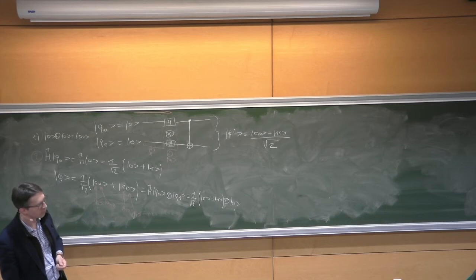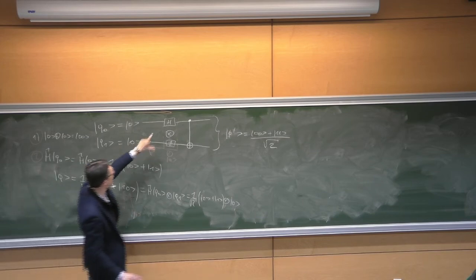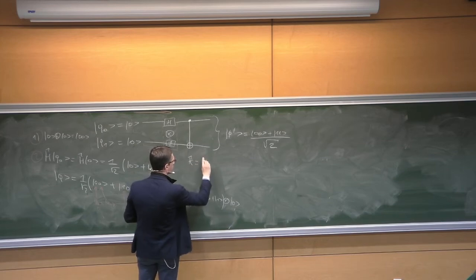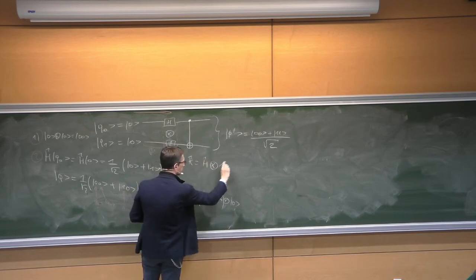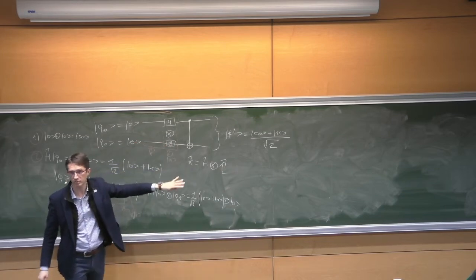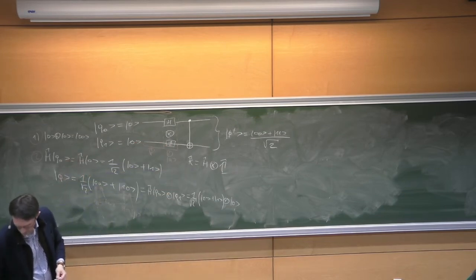I end up with a 4 column vector. So 1, 1, 1, 1, you see, and then minuses and so on. And if I apply this new matrix that I call K, which is the tensor product H and I, being identity, because I don't do anything in the second one,